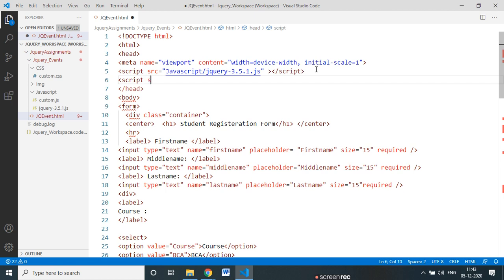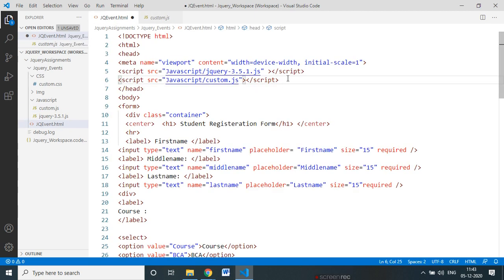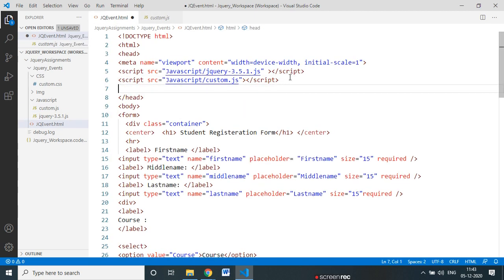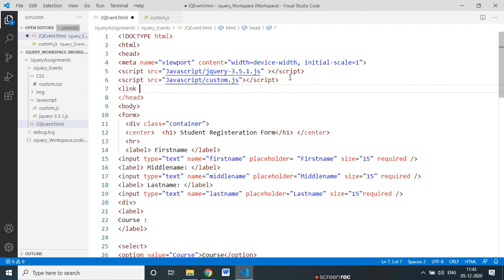As of now, nothing is added in that file. In that we are going to add the custom jQuery or JavaScript. We can combine jQuery and JavaScript in your page. Okay, this is about the JavaScript. Now I will go here. Then it's time for CSS. How will I add the CSS link?